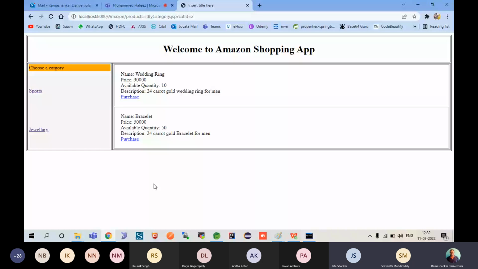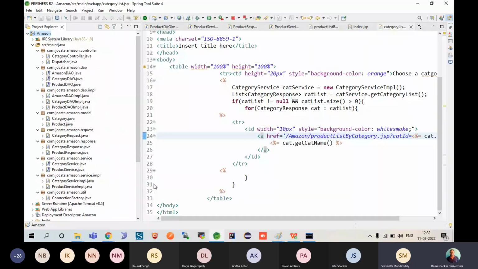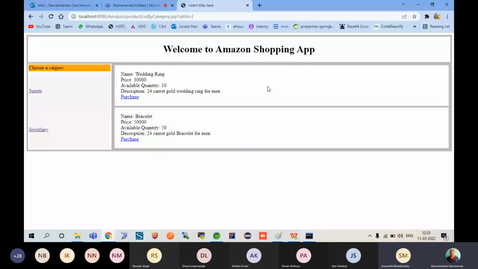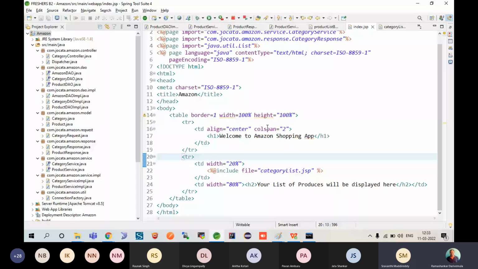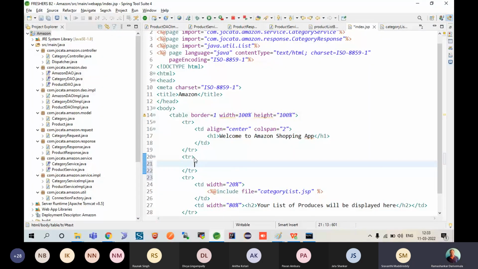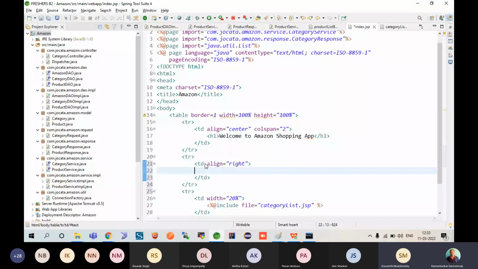So I am giving you an assignment here. In the index.jsp, on the top of this, after you have shown this welcome to Amazon app and then showing the category stuff, here I have one more tr, and in the tr I have td slash td, and here align is equal to, and this td contains an a href equal to slash Amazon slash admin home.jsp